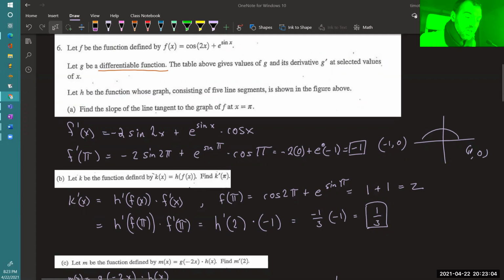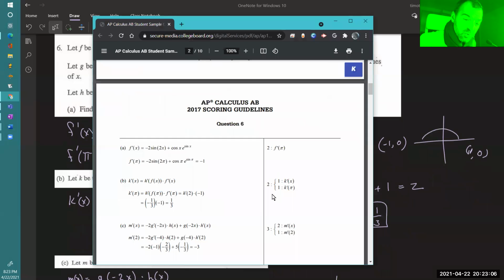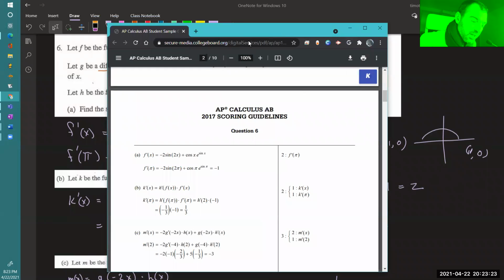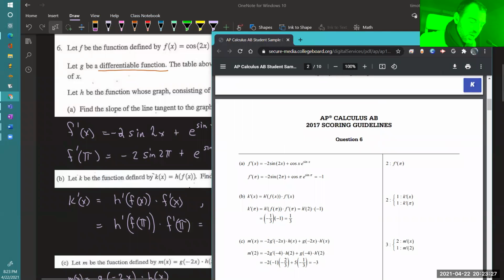Let's see what kind of points we get. For part B, we get, again, 2 points. 1 point for k prime of x, and another point for writing down k prime of pi. So here's your actual point. Notice how, look at that. Where did I write that? Did I write that somewhere? Right here. They actually kind of wanted you to write this out in order to get that point